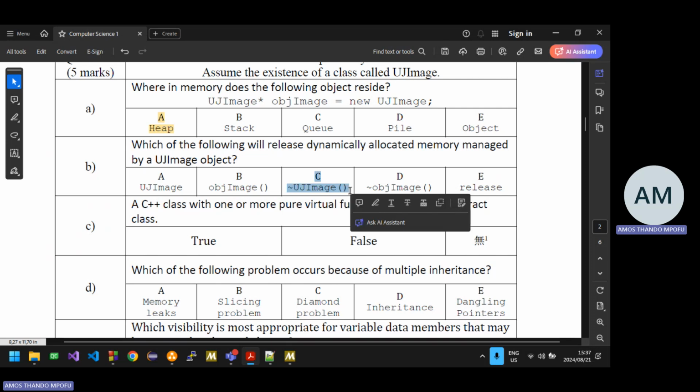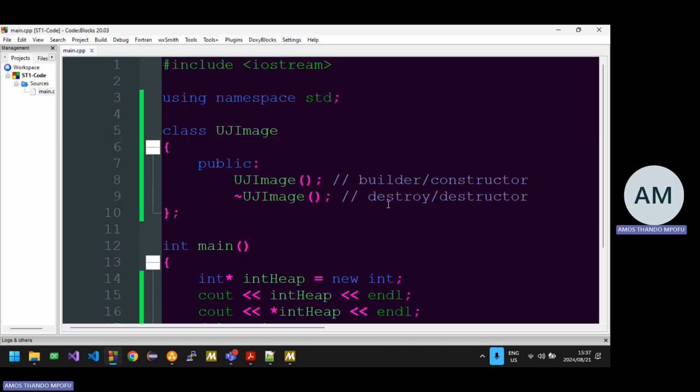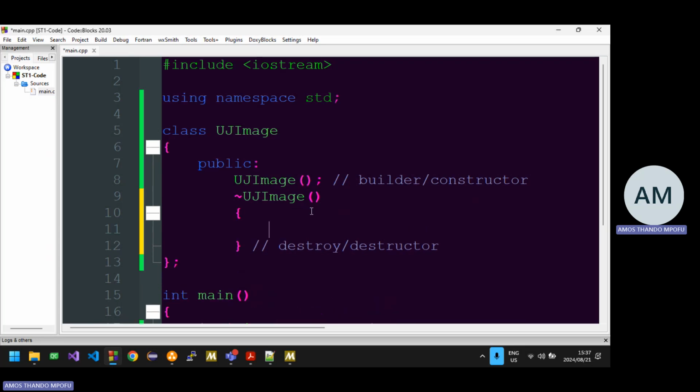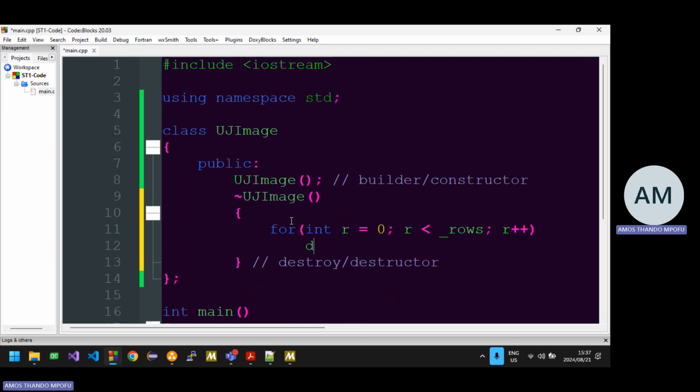It's the destructor. Because if you remember in our code, when you create classes, we're going to come here and then obviously you're going to have something like this. Okay, you shouldn't do this. You are allowed to do this, you can do this, but then you shouldn't write the implementation here. Remember, here you would have something like, for example, int r equals 0, r less than underscore rows, r plus plus, and then we delete